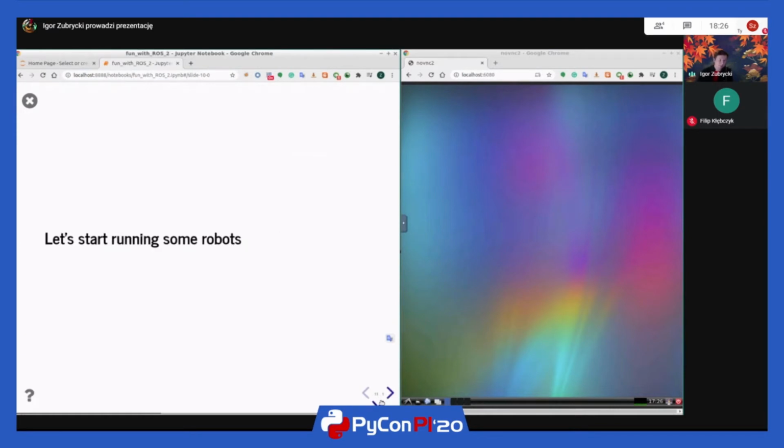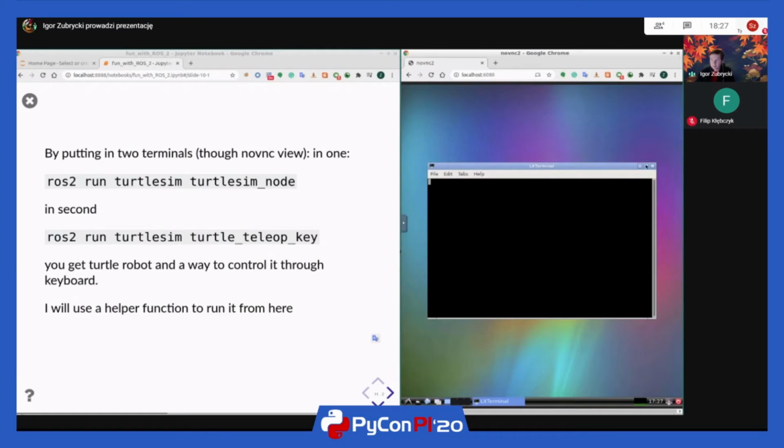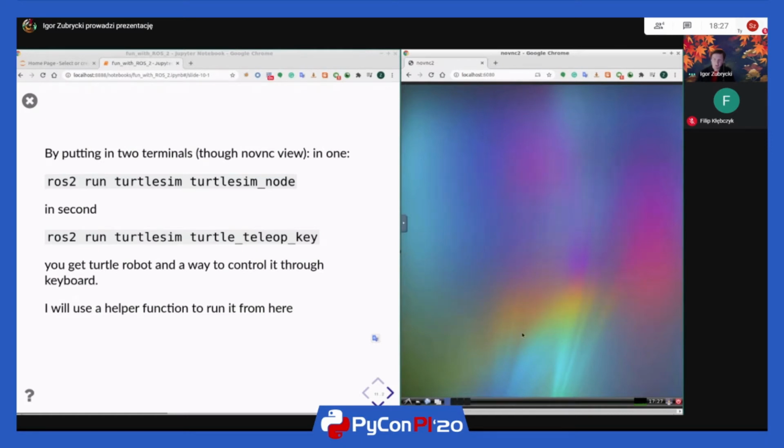So let's start running some robots. When you want to start running some robots with ROS, you will usually need to start a lot of terminals. So you will start this terminal a lot of times, and it is fun to do. You can actually recognize people who use ROS because they have like 3 monitors, and these monitors are filled with